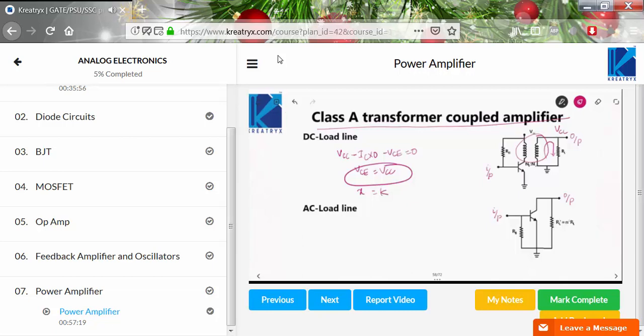Just write AC load line. AC load line is obtained, as I already told, from the AC equivalent circuit, right? The second figure shows the AC equivalent circuit, right? To get this one, apply the KVL in output loop. What is the KVL here? What is the current through the RL dash? The current through the RL dash is nothing but IC. And the voltage between collector and emitter is nothing but VCE, right? Now IC into RL dash plus VC equal to 0. Then what about IC here? IC is nothing but VC by RL dash,